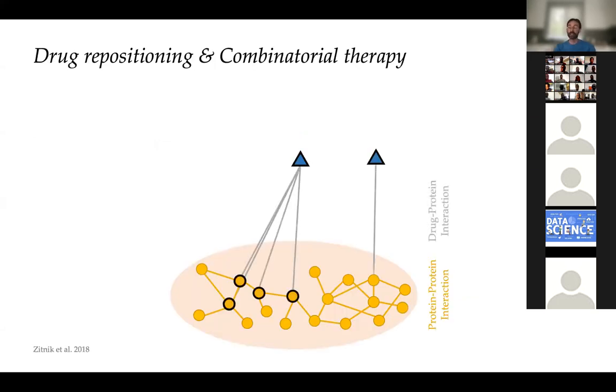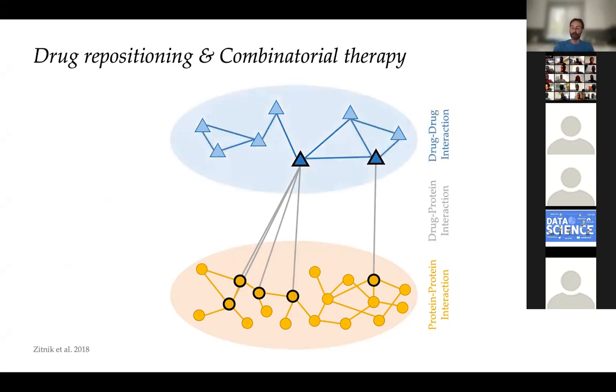So another interesting direction is actually not developing a new drug, because it's very difficult and very expensive and very long, but taking an existing drug and trying to repurpose it for a different target or for a different disease. And this is what is called drug repositioning. In many cases, these drugs are taken together in synergy, and what you try to get is some kind of nonlinear effect that will be stronger than the effect of each of these drugs separately, the linear combination. And of course, what comes in this case is some adverse effects.